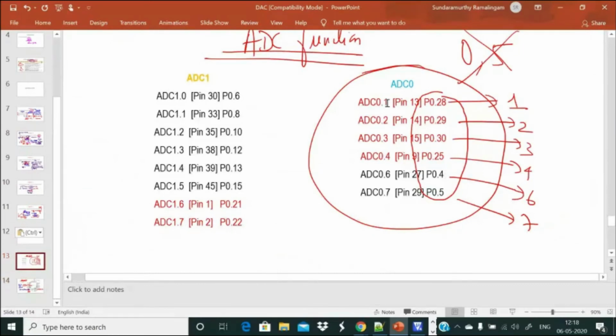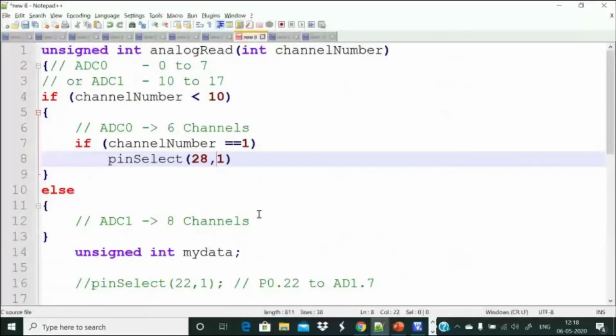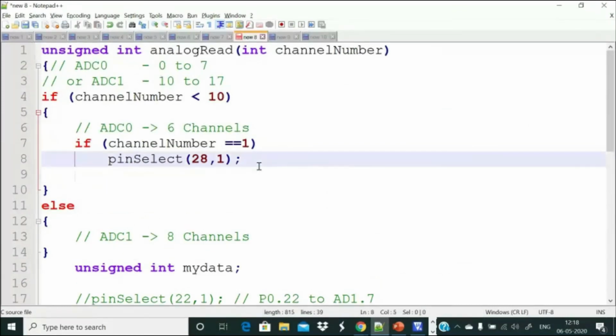ADC 0.1 is pin 13. Pin 13 is here. So what is the special function? It is the first special function, so I have to pass a value of 1. We have to do the same thing for the rest of the channels.